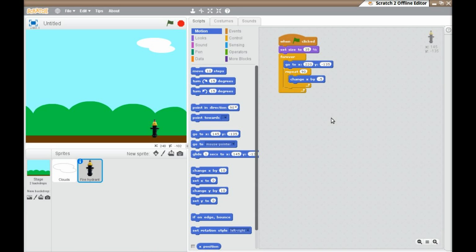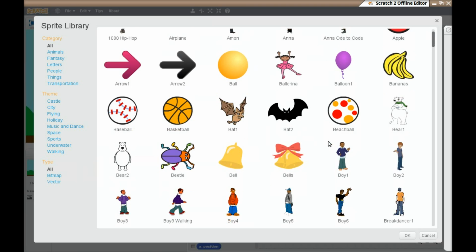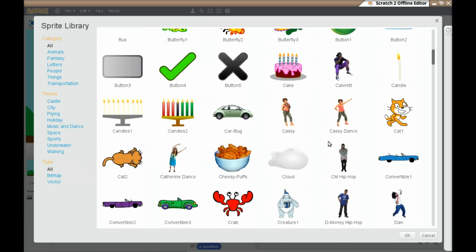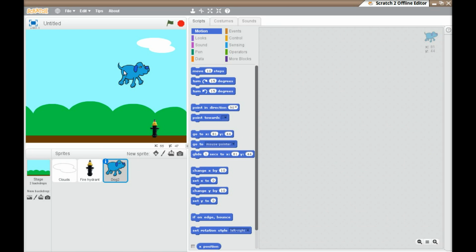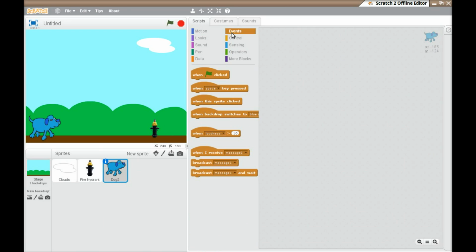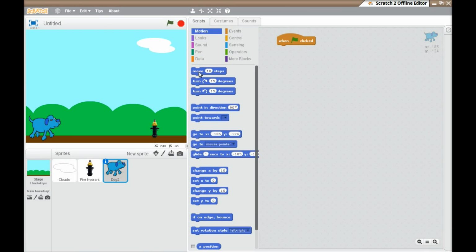Alright, now I've been referring to a dog in the first lesson. I've got rid of the cat, and we'll go and get the dog sprite and start doing some things with the dog. I'm going to use dog 2, and I'll start him off over there, and he's going to jump. So first things first, we'll just get him in the right position, him, her, whatever. So let's go there,